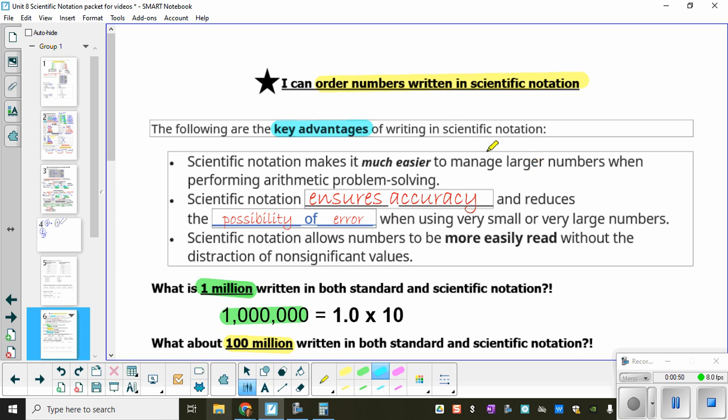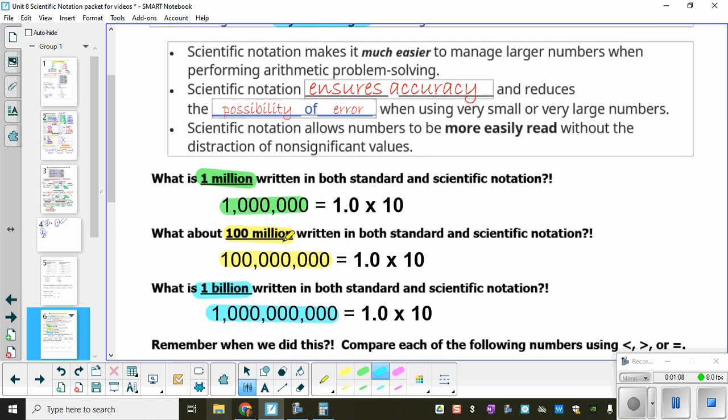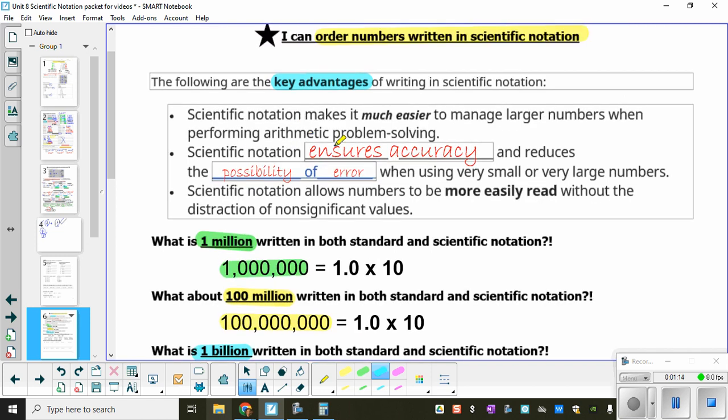notation. To fill in the blanks with your notes here, we've got scientific notation ensures accuracy. It just means that we're more accurate, and it reduces the possibility of error when using those very small or very large numbers. Think about the difference in typing numbers in for banking or if you're looking at how much money you have in your bank account. So we write numbers in scientific notation just to reduce the possibility of making any mistakes when working with those